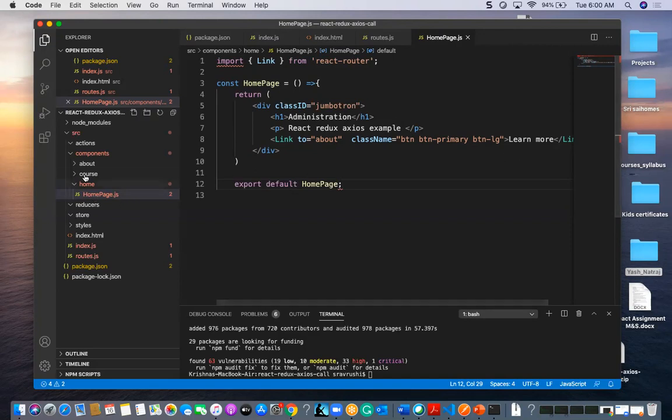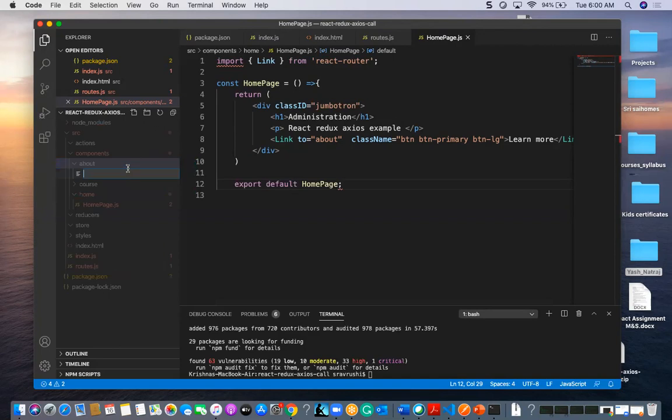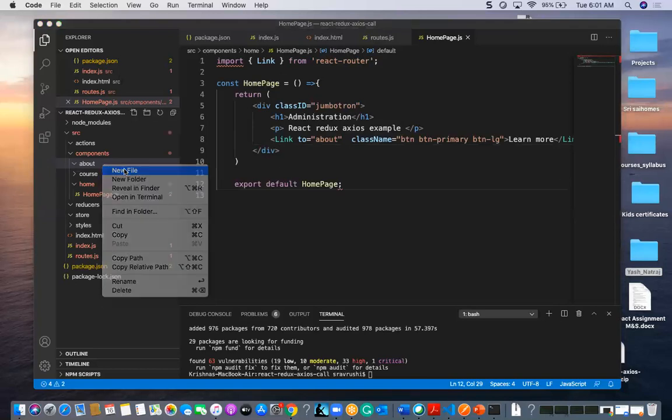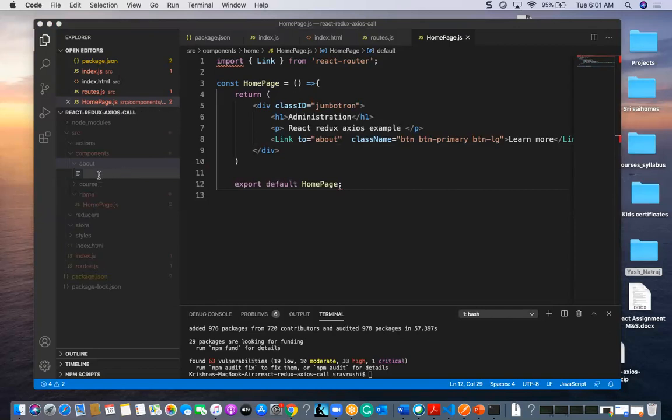So now I have created the home page and I will create an about page here. About page is like this, like about space page. I mean about one second. About page